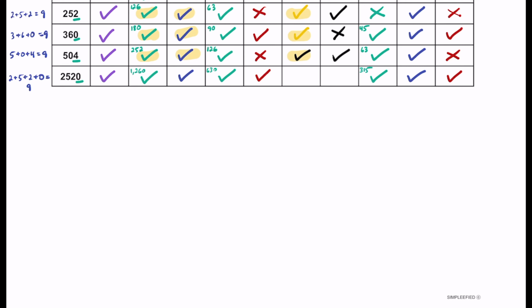Now let's check for 6. Well, 2 and 3 both work, so 6 is an automatic yes. Now for this final one for 7, I'm going to go ahead and write it out in detail. So if you're a little bit not sure of the rule up to this point, let's go ahead and try